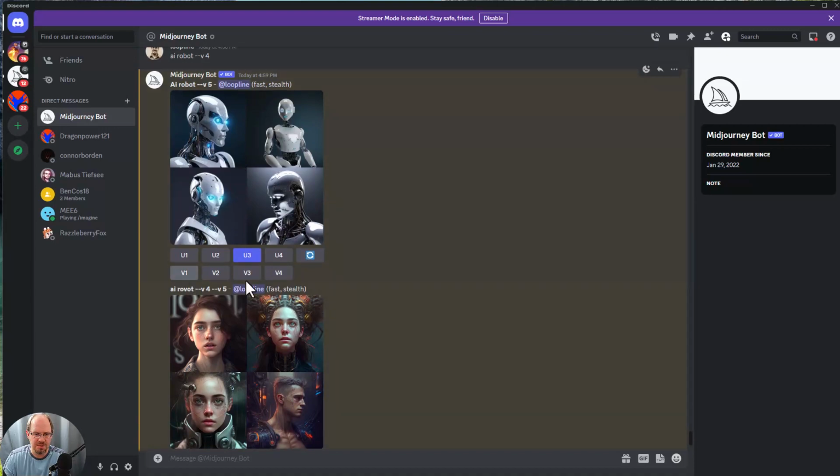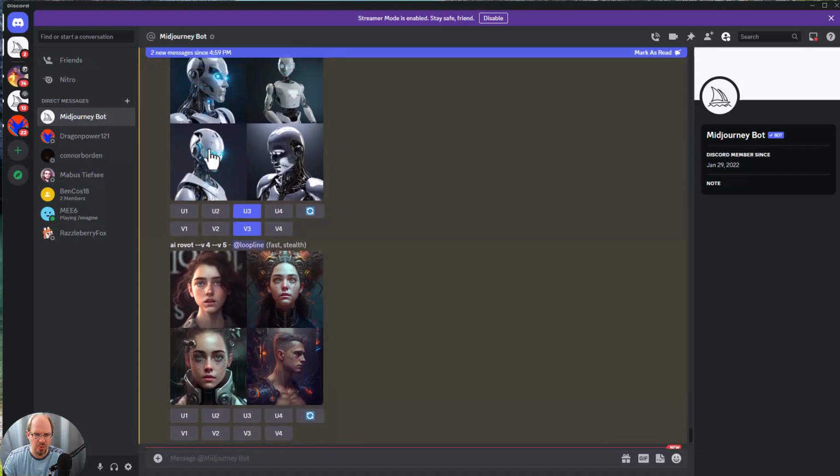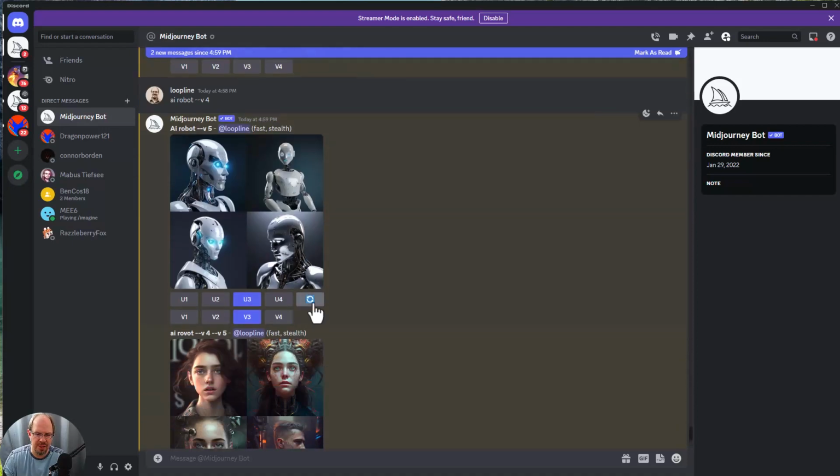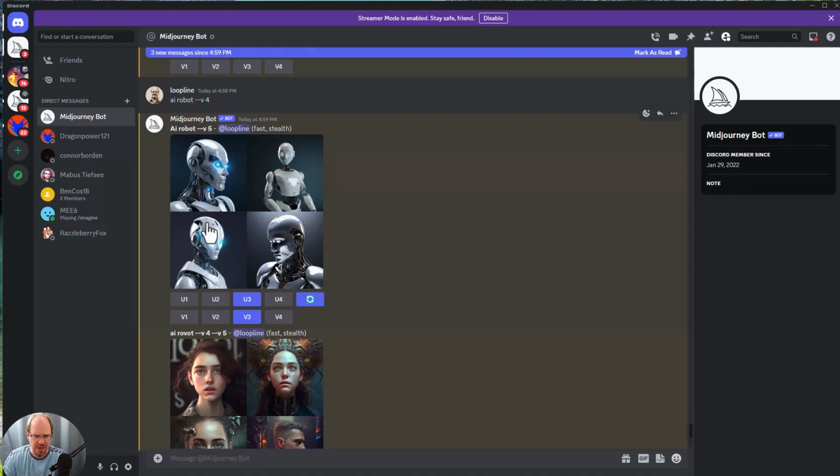Now the V's below them are versions. If I kind of like this one, but I want some more versions, I can render out multiple versions. It'll give me 4 variations that are somewhat like this particular one. And then I can re-roll the whole thing. If I want to get more AI robots overall, I can re-roll the main command. You can see for version 5, it gave me these plasticky ones, or an alloy or whatever it's made out of.